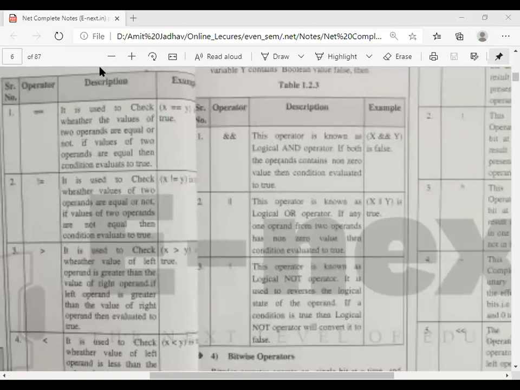So if I write here, if percentage is greater than 75 or percentage is less than 100, then if the value is 125, we also get the result because the first condition is satisfied.